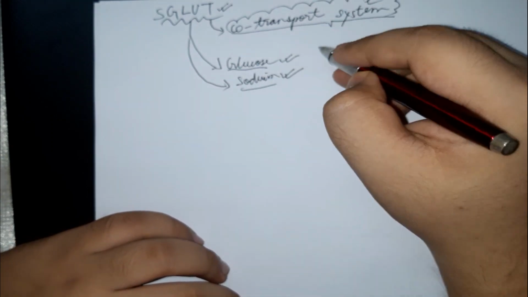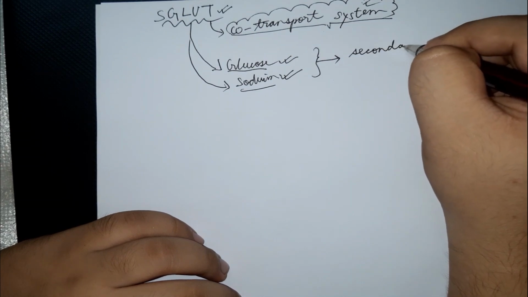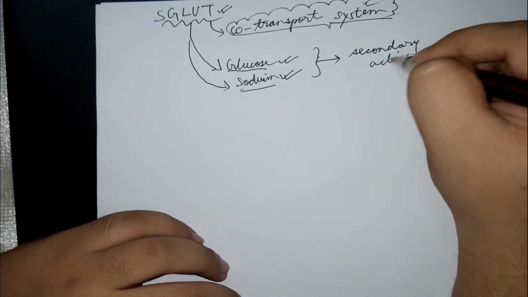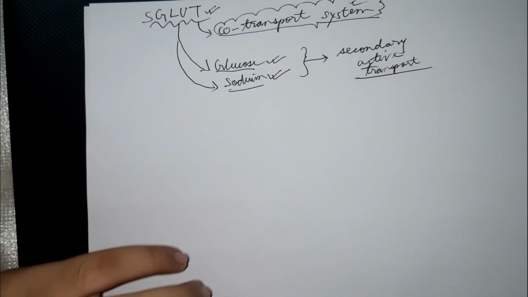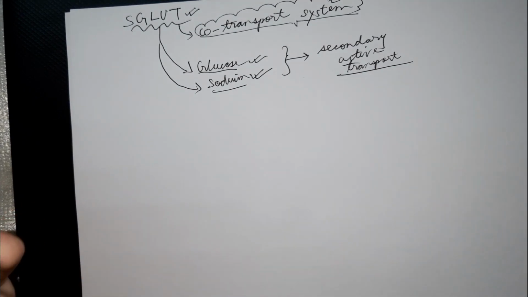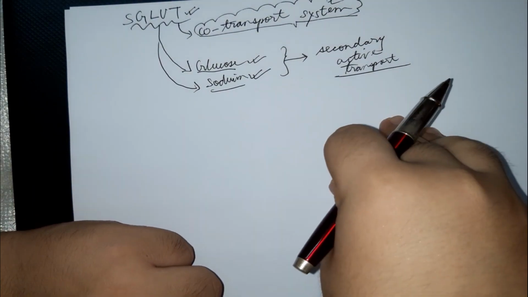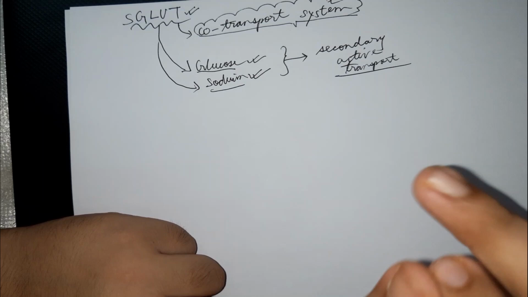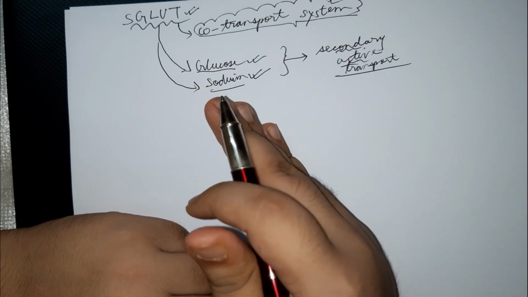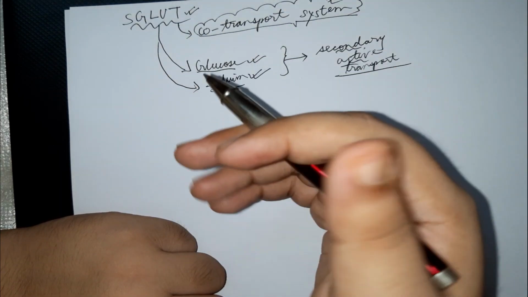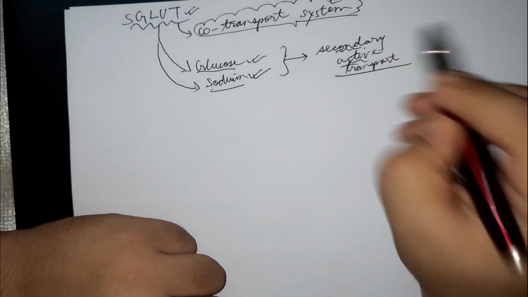So this is actually an example of a secondary active transport. What is a secondary active transport? Again, we'll talk about all these things in details when we talk about the cell, the biochemical perspectives of cell and transport mechanisms. But just to understand the fundamental at least, we all know that active transport means when something is being transported against its concentration gradient and hence utilizing energy. That is active transport. We all know that.